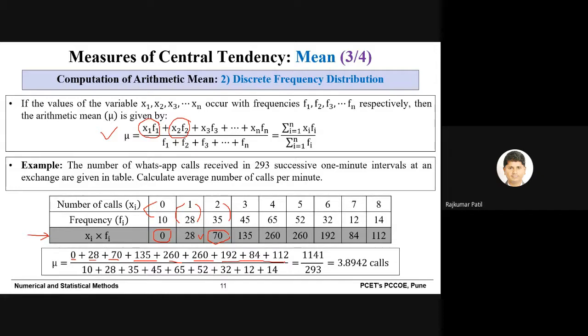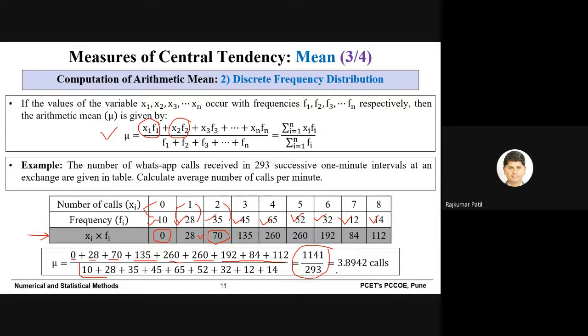All the values we take its sum and divide by the sum of the frequencies. So 10 plus 28 plus 35 plus 45 plus 65 and so on. So we take that ratio, and when you take that ratio, upon simplification you will conclude that the